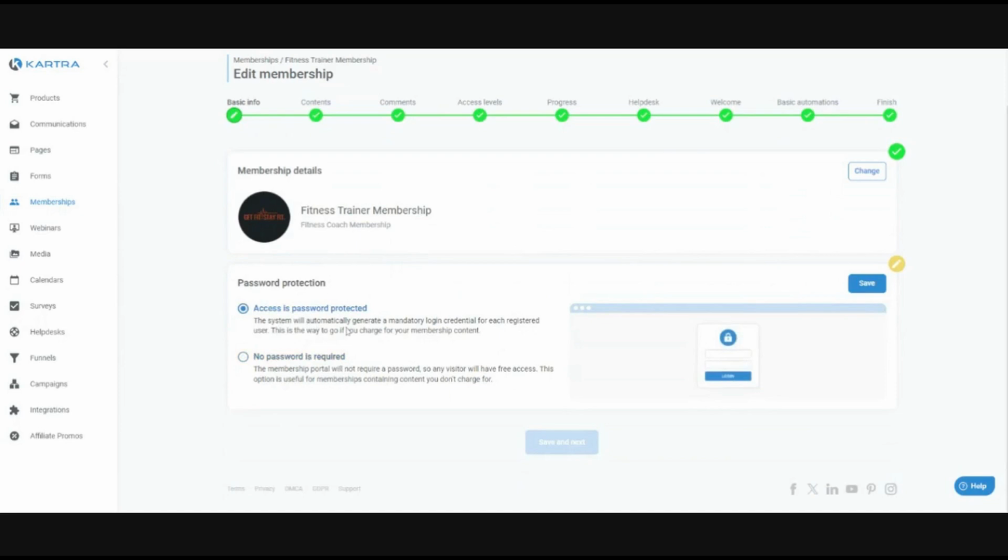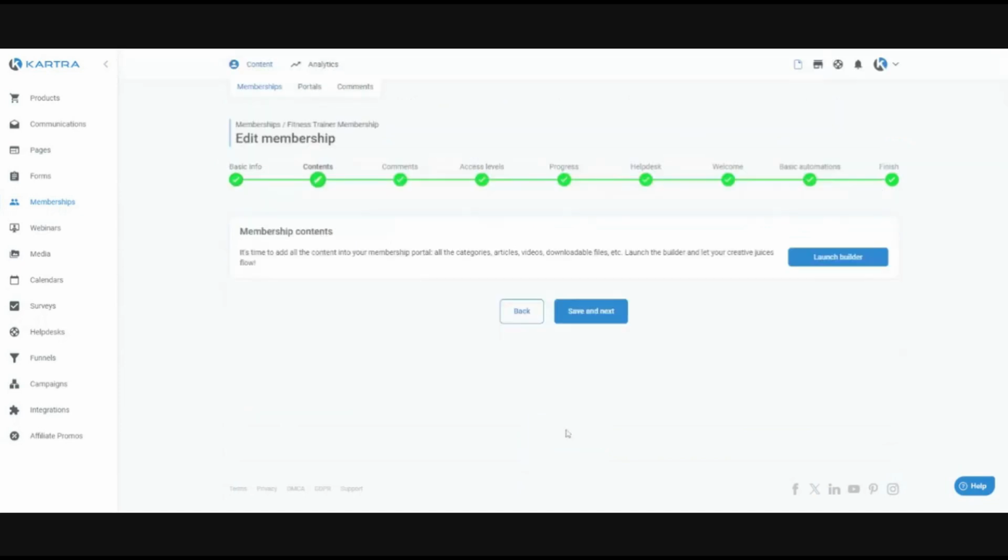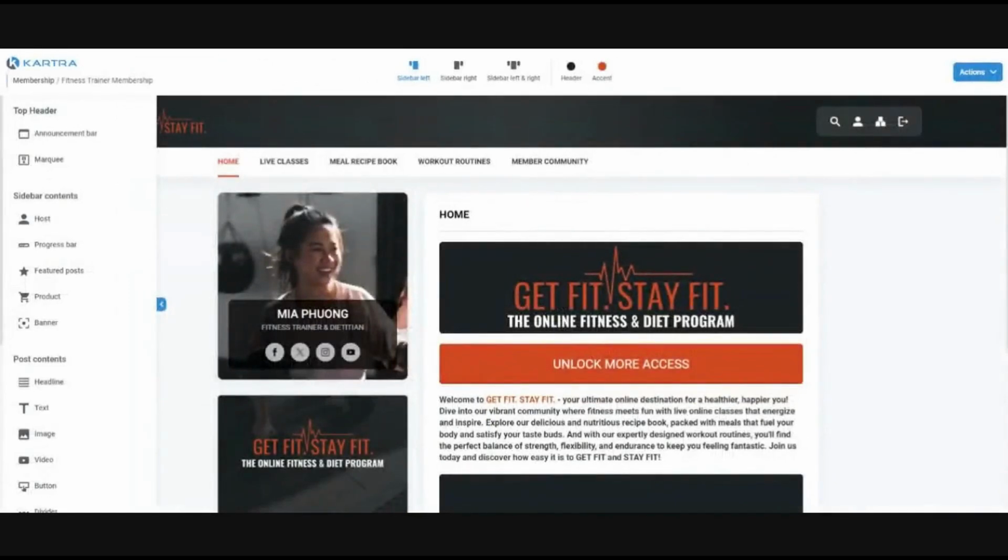I feel like the most common one always is going to be that password protection though. So next, under this content section is where you're going to be spending most of the time building out your membership. You'll see here that it has a builder. You'll click launch, and it's going to pull you into the membership builder, which is pretty similar